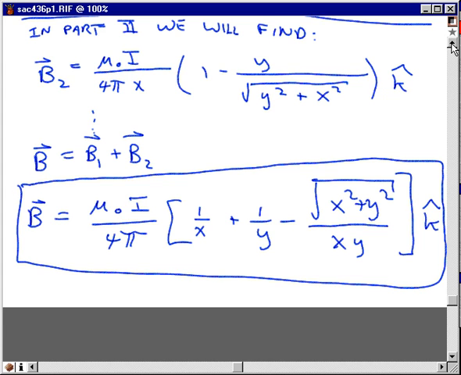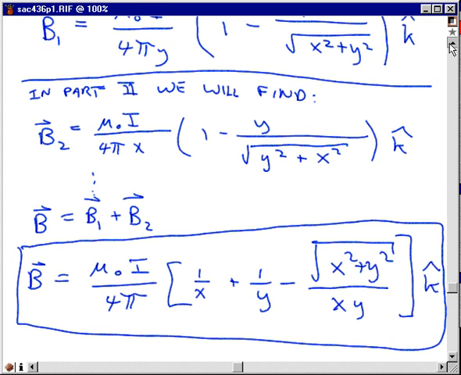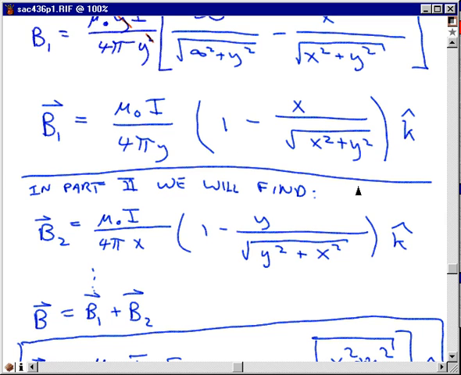This up here, this expression for B1 is actually our answer for this